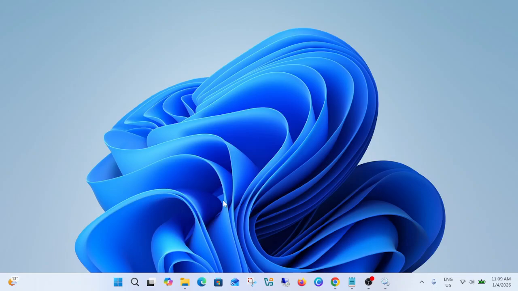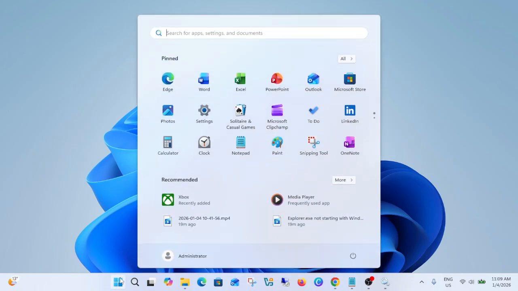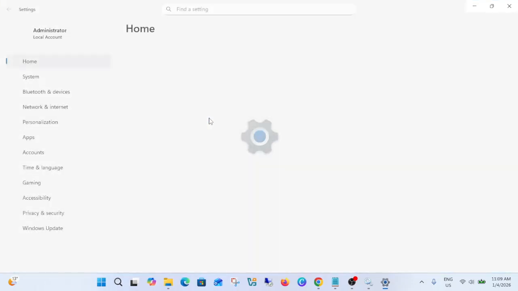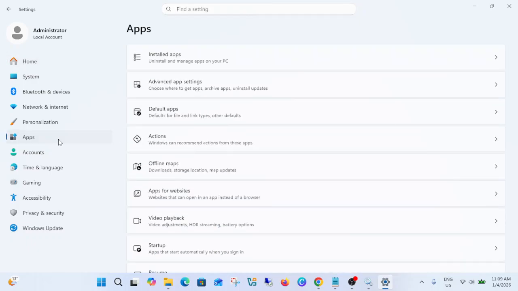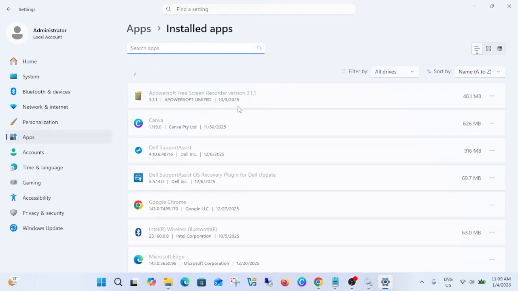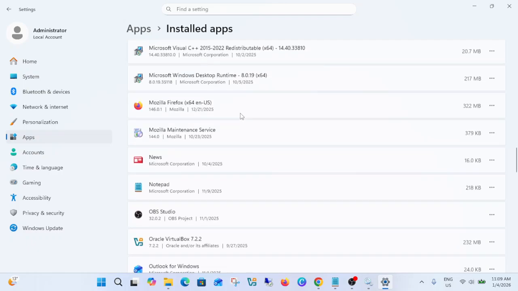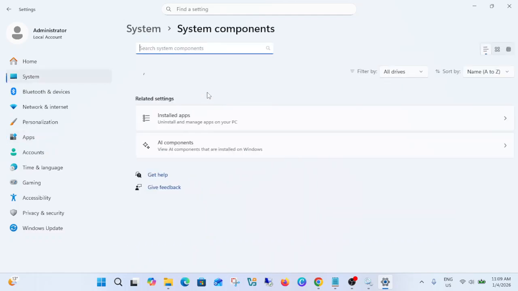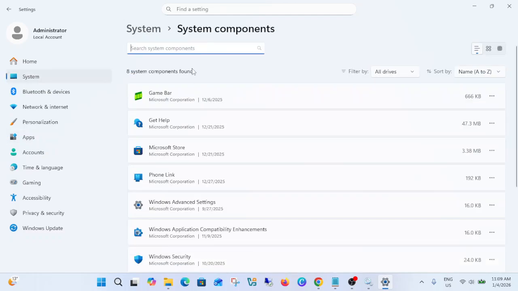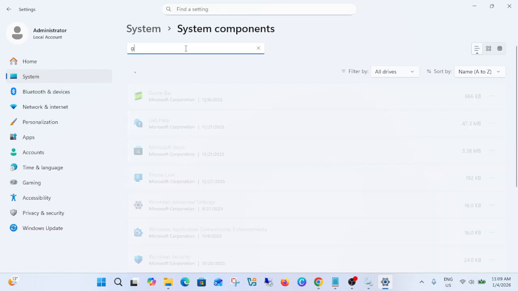If that is unable to fix your issue, again open the Start menu, go to Settings, and we are going to repair the Xbox on your computer. Just click on Apps, then click on Installed Apps, then scroll down to the bottom. System Component, just click that option, and you can search here for Game Bar,